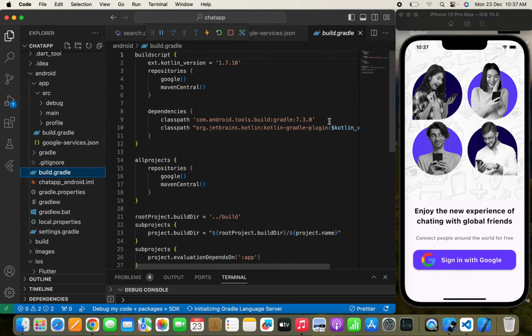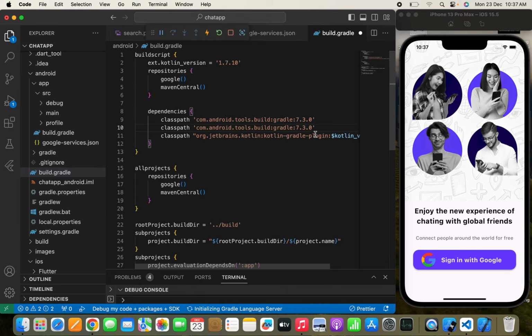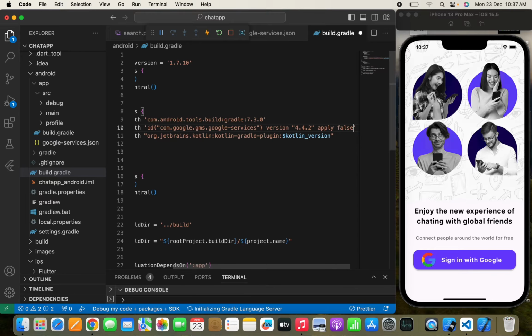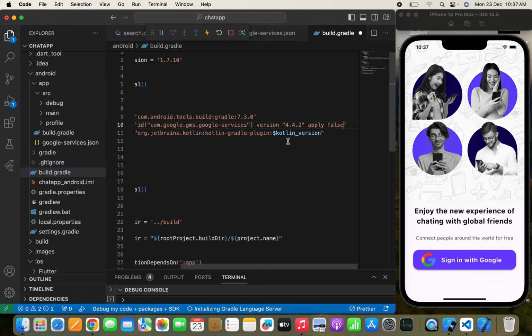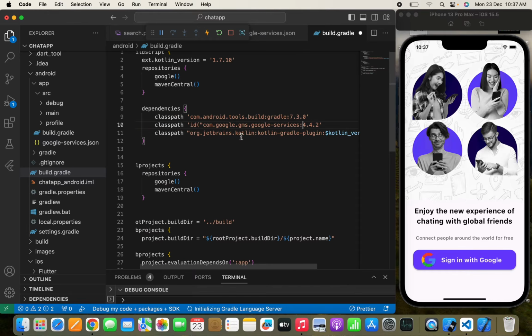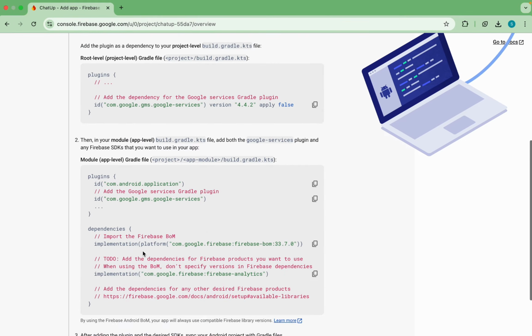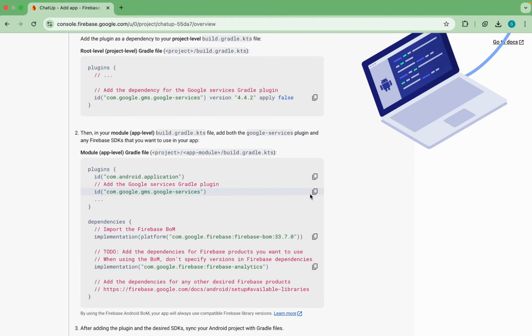build.gradle file and we need to simply paste it in the classpath. Here, not a link, you can say a package, and we need to simply change some of the lines in the classpath, something like this. Yeah, so here it is done and this is how we can simply add this classpath in our dependencies section. Yeah, now after this we'll simply move to the plugin and we need to copy this